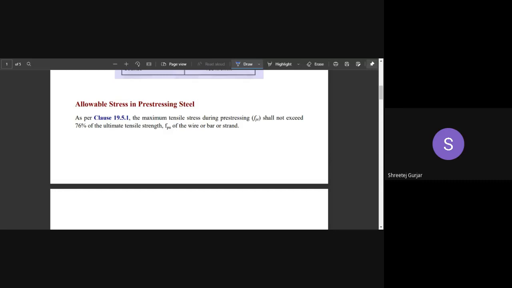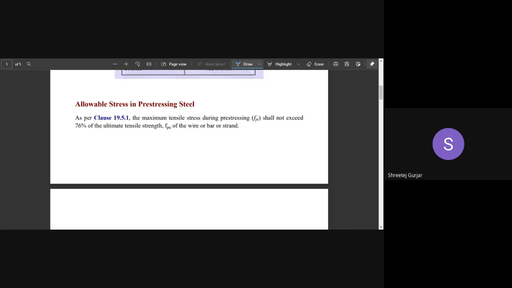So in a similar way, we limit our allowable stress in pre-stressing steel. We do not stress our pre-stressing steel up to the FPK value. As per clause 19.5.1 in our IS 1343, the maximum tensile stress during pre-stressing